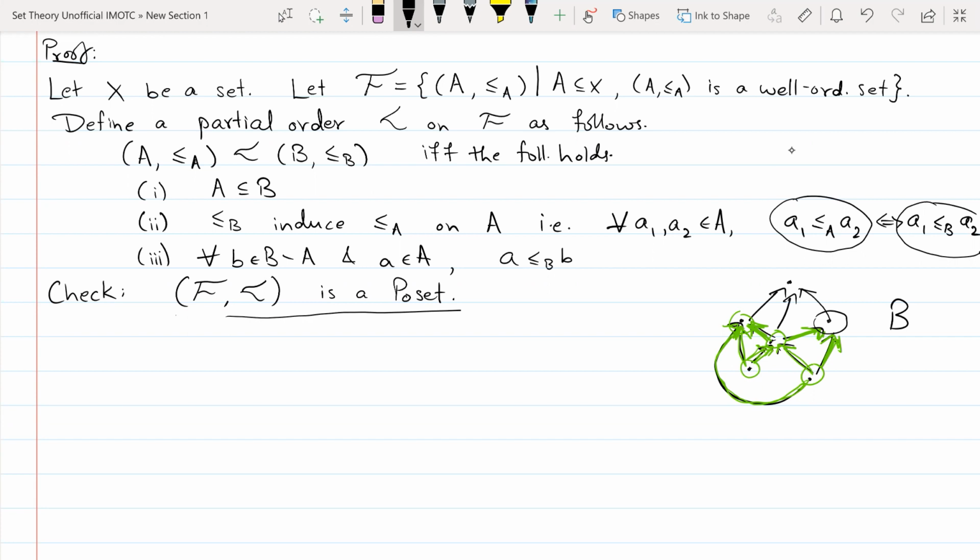Cool. So now we are free to use Zorn's lemma. All we have to show is that every chain in F will have an upper bound. If we can do that, then F will have a maximal element. So let's do that. Let